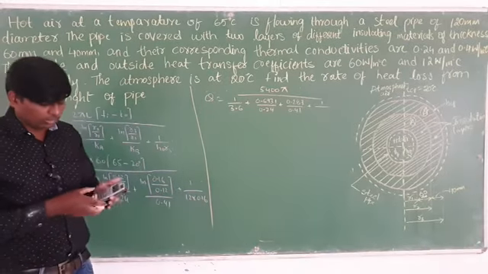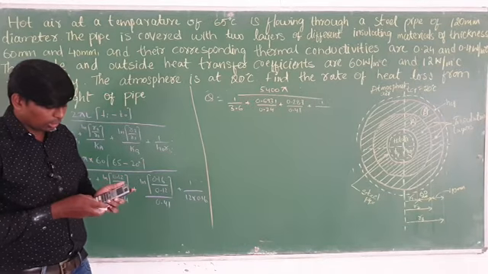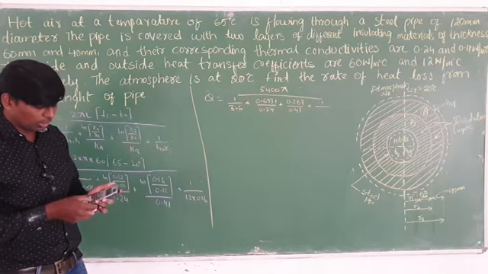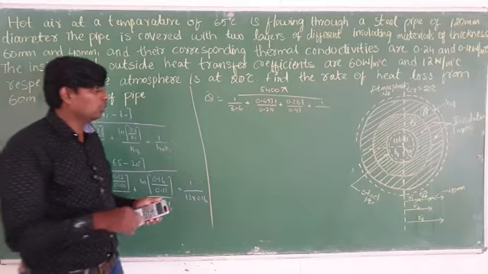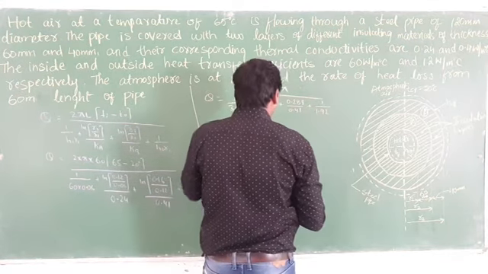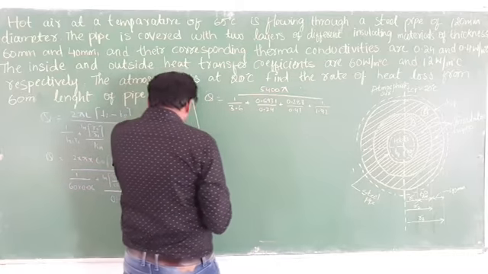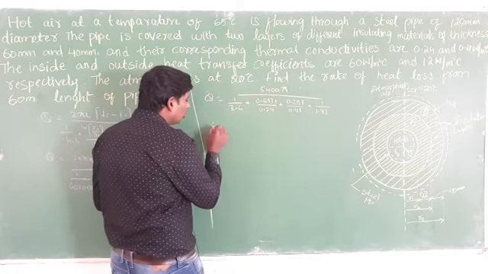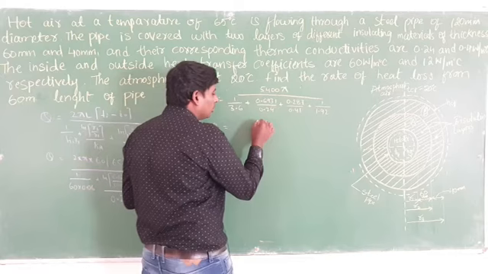12 into 0.16. So 12 into 0.16 is 1.92. Like this you get the value. You have to find out the value of Q. So Q is equal to, this one you write as it is,